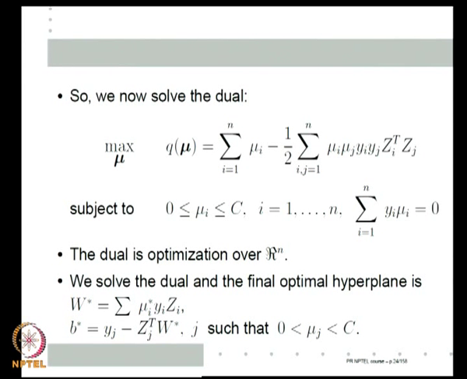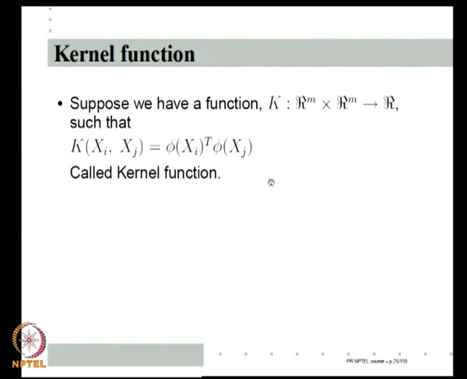The only problem, of course, is that for each of the examples x_i I have to calculate z_i, and that may be a costly calculation. I can compute z_i transpose z_j only once, but even that is a costly computation, and then I solve this dual. Then I have to calculate W star, which is in the high dimensional space, and from now on every time you give me a new vector x, I have to find z equal to phi of x, and then do z transpose W star. So, there is a lot of computation to be done. Even though I can automatically find an optimal hyperplane in the high dimensional space by solving the dual, even this can be avoided.